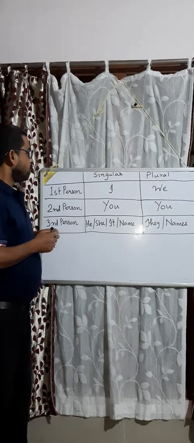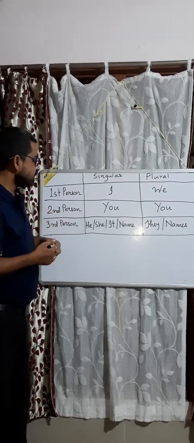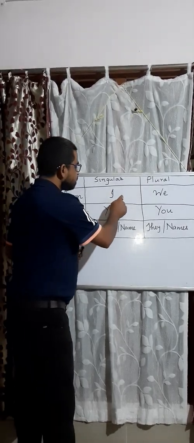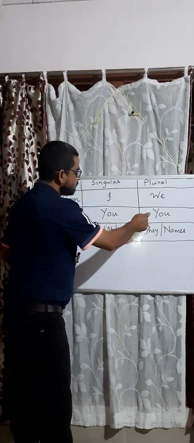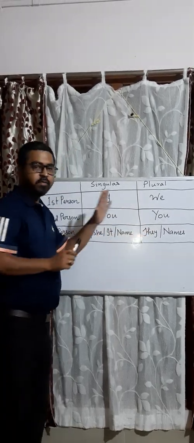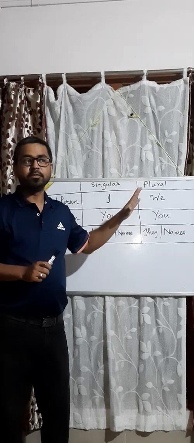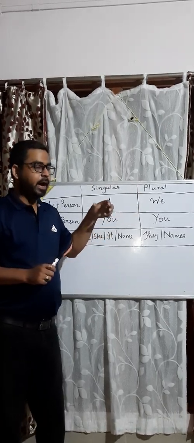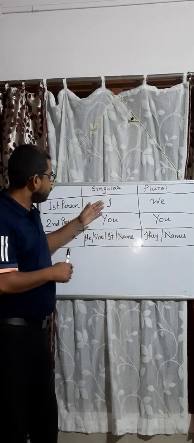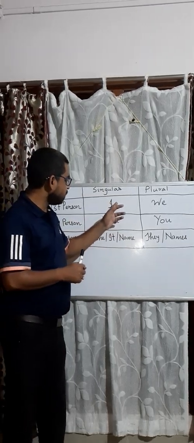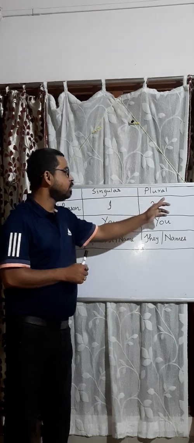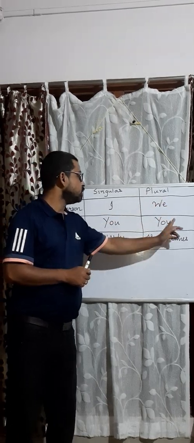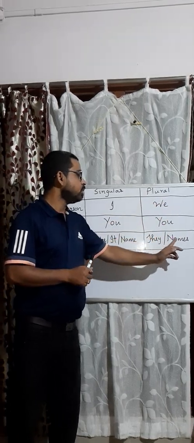Now, what we can see in this table is that these 5 boxes are similar in terms of the use of do and does. Like with all these parts, we use do with I, we do, you do, they do, names,